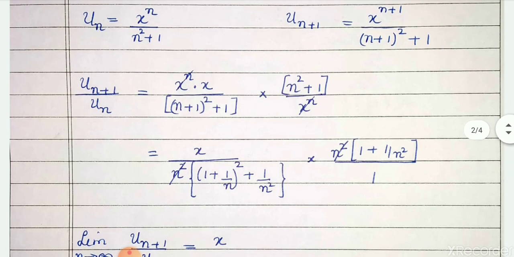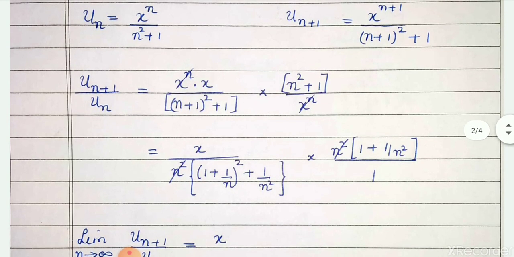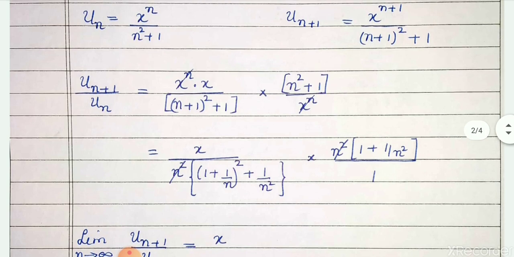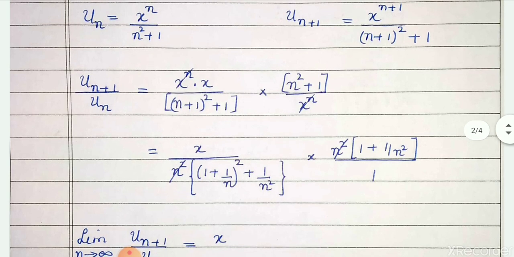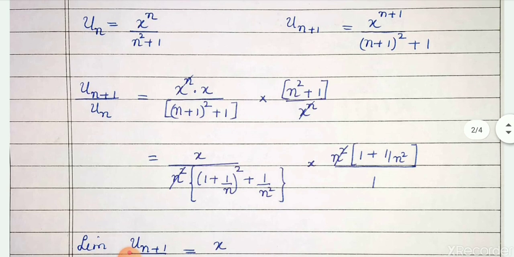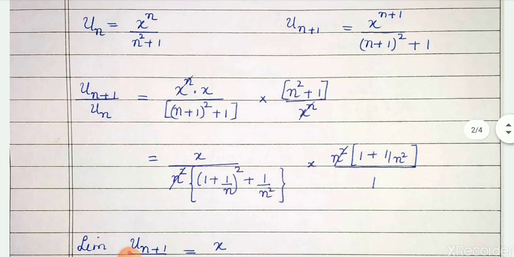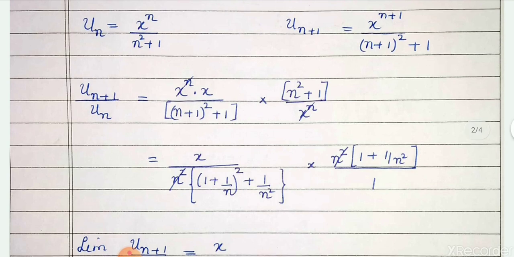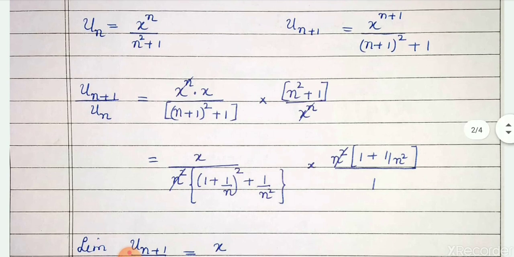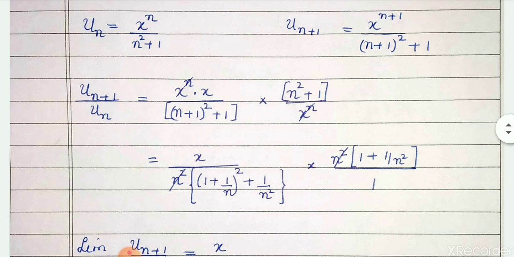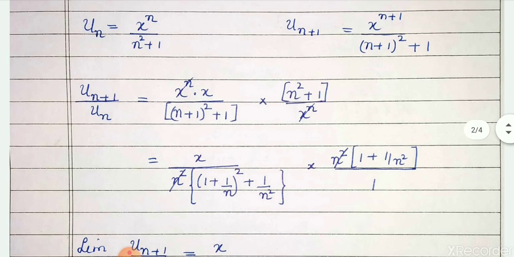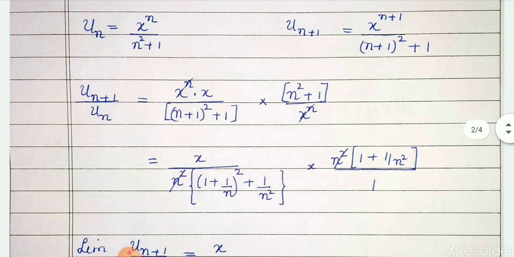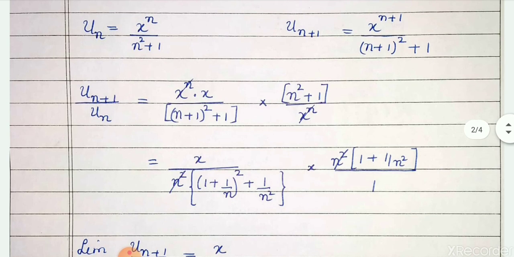And since you're going for the limit as n tends to infinity, as usual, you have to go for expressing it in 1 by n form. So do it carefully here. x raised to n plus 1 is written as x raised to n into x. Then the bracket n plus 1 whole square. If you take n common there, it becomes n square common throughout, and you should express the denominator carefully. Just simplify and see how you're going to get it.